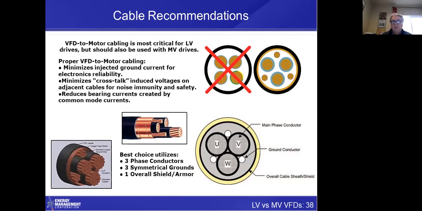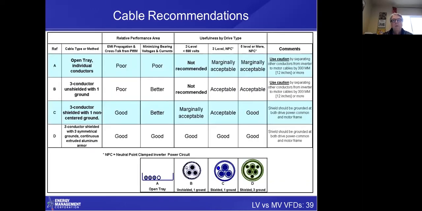We're not going to get into lots of details on that, but suffice it to say that this is becoming more popular and more recognized. This increases the cost of your cabling, especially if you get into multiple hundreds of horsepower, and you might end up on a low voltage drive with multiple conductors per phase. This is a very interesting table. Let me just point out that here's an open tray with individual conductors, 3 conductor unshielded with 1 ground, 3 conductor shielded with 1 non-centered ground, so we're adding the shield, and then 3 conductor shielded with 3 symmetrical